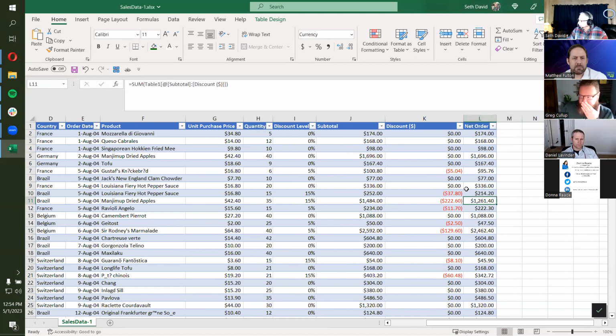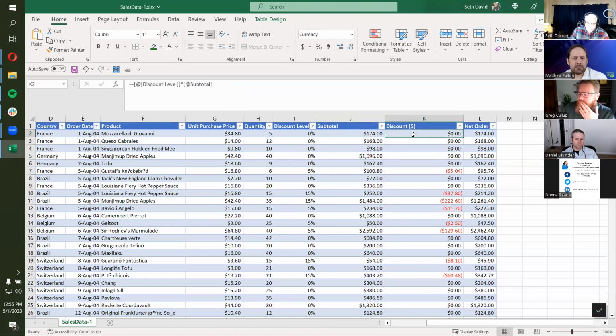When creating the formulas in a table, it uses the column header to help you visually see your formula. Yes, that's right. So that's a good thing I didn't point out. So notice the formula itself has a different kind of syntax. It is using the column headers for each of the components in the formula, which does make it easier for somebody who's not real formulaic in their brain to look at this, and you can clearly see what's going on, right?